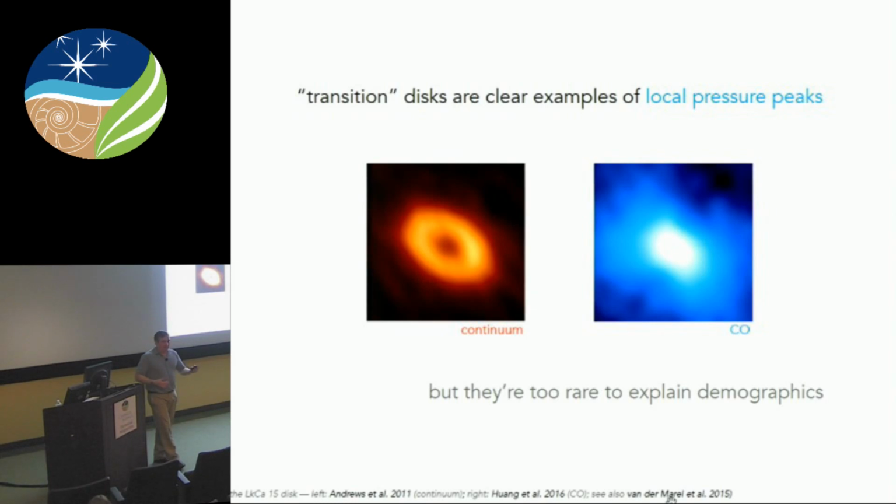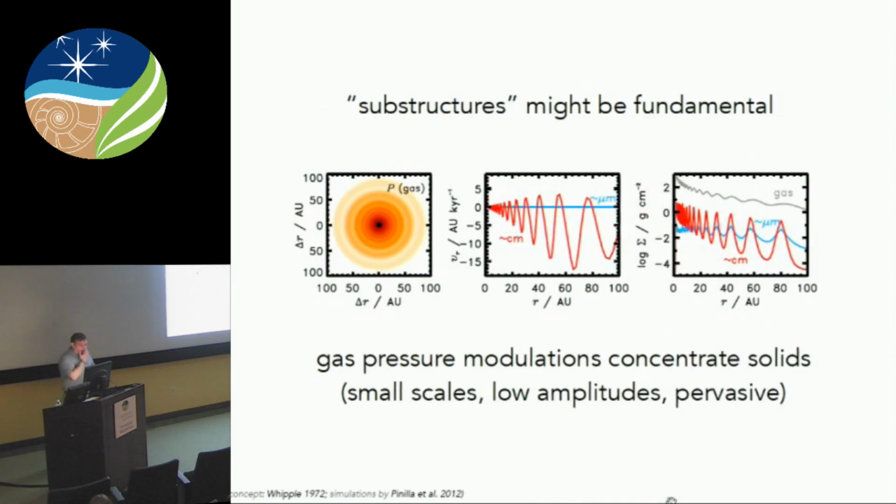to actually affect the migration of solids in the general population. There may be 10% at ages of a few million years of the sources. So the simple solution is actually just what we're calling substructure disks, where you take these pressure peaks with smaller amplitudes and finer scales and distribute them throughout the disk. And this is a super trivial, simple example, seemingly, where you've just imposed a sine wave perturbation on the radial density profile of the gas, which creates these little pressure peaks.